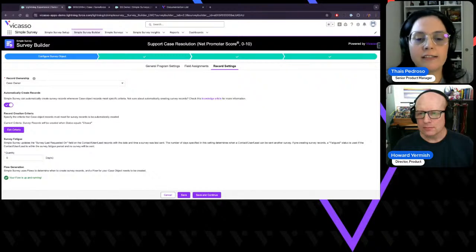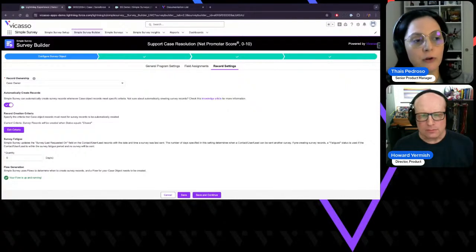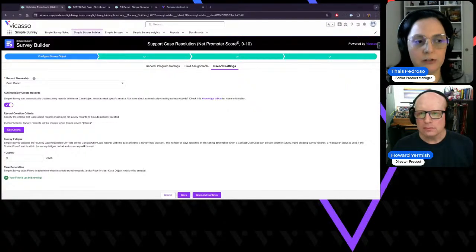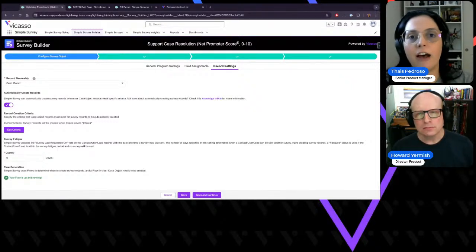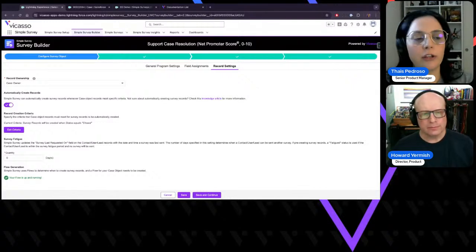So right now you're going to see that our flow is up and running, but if you're configuring this setting for the first time, you're going to see a button that says create flow. And we're going to give you a flow per object. So if you have 3 survey programs on the case object, they're all going to use the same flow. But then if you have programs on the opportunity or the user, whatever object, you're going to get different flows